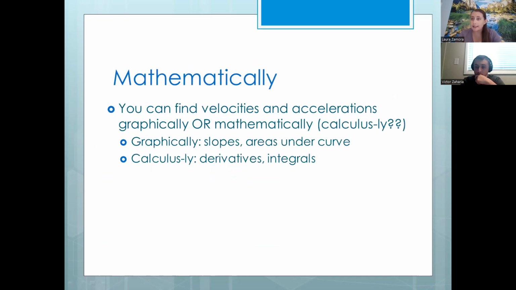So we're not done with graphing. We're just taking a quick break from it and then we'll come back to it. So far we've been finding velocities and accelerations graphically, but we can also do it using calculus. So graphically, we use words like slope and